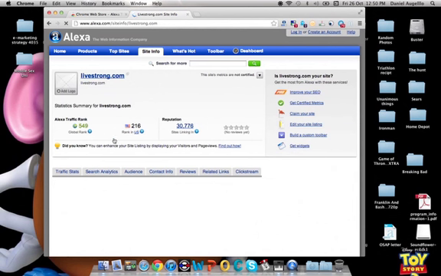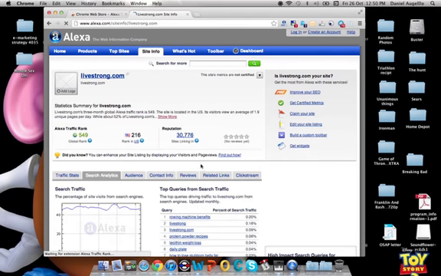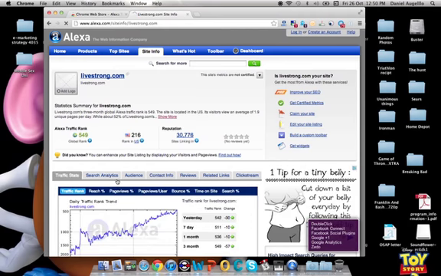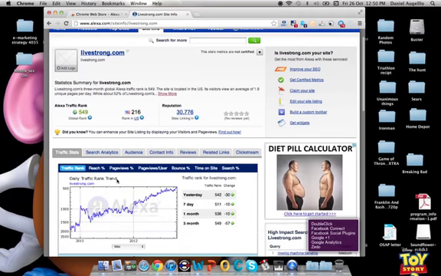So as we wait for that to quickly load up, you'll see that it gives you various headers that have a series of information. So first we're going to look at traffic stats. So we'll click on that. So basically what traffic stats is, it gives you some information on the various amount of traffic or people viewing your web page. So traffic rank is how much traffic will be coming to your website,